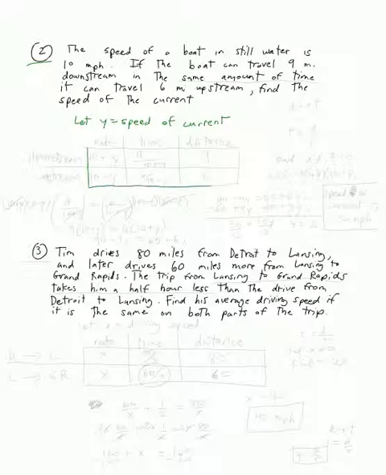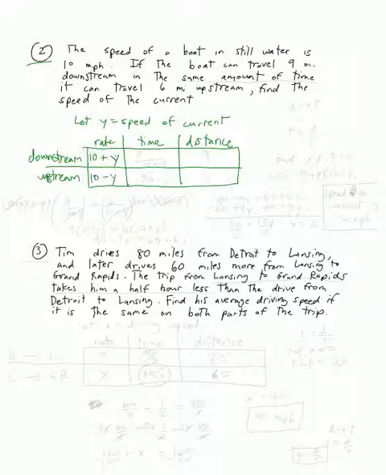Let's create our table. Again, we have downstream, we have upstream, we have rate, time, distance. Now, it says, let's get the facts here. The speed of the boat in still water is 10 miles per hour. So how fast is it going downstream? It's going to be 10 plus y. And what about upstream? Well, it's going to be the speed of the boat minus the speed of the current,